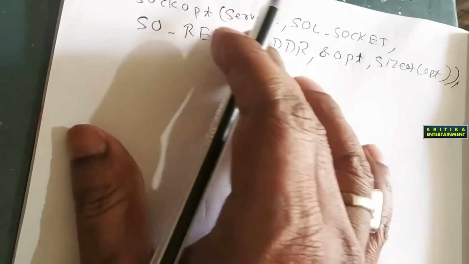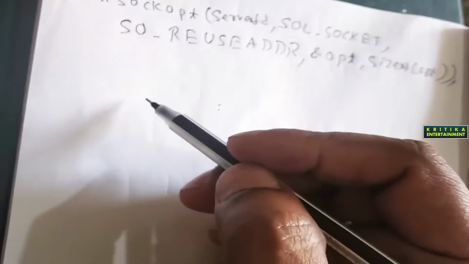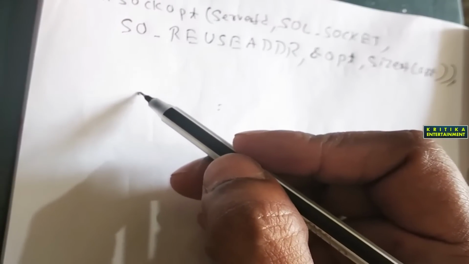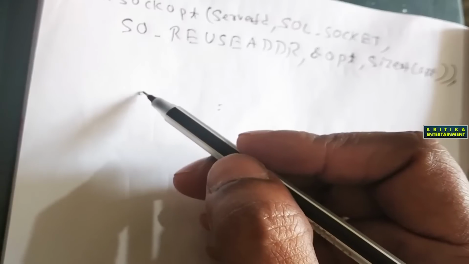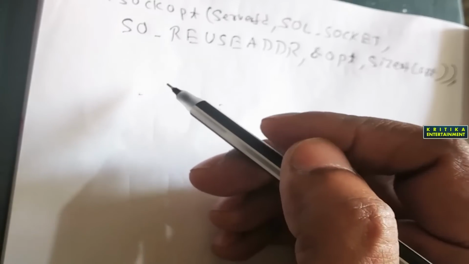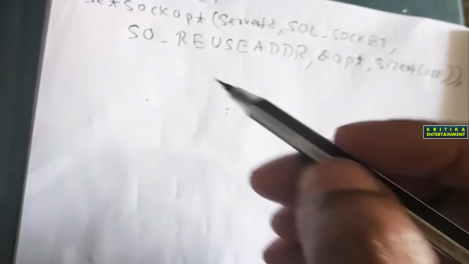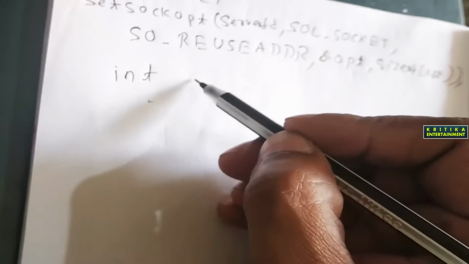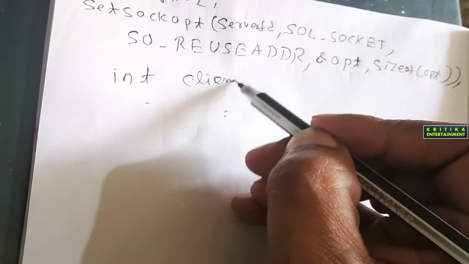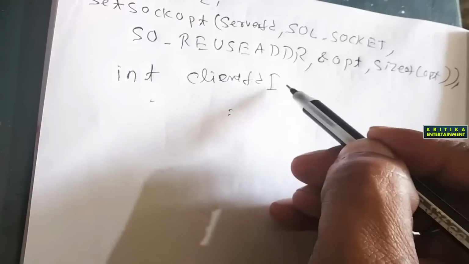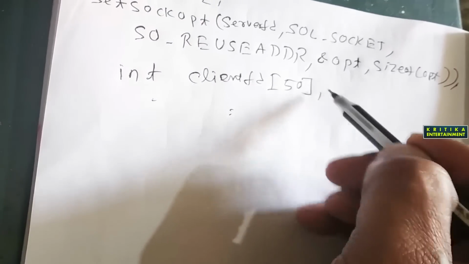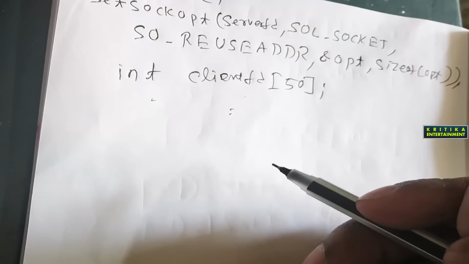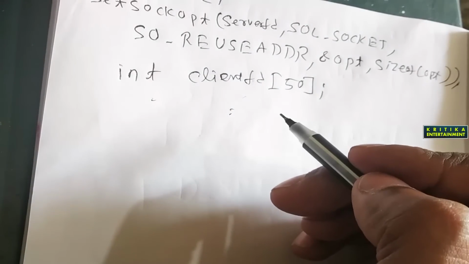How a single server can connect multiple clients. So I will tell you what the logic is. Here first you will declare an int array for the number of clients. What will you declare? Client FD. Here I have taken the maximum size as 50. This client FD will hold the number of FDs returned from the client side.